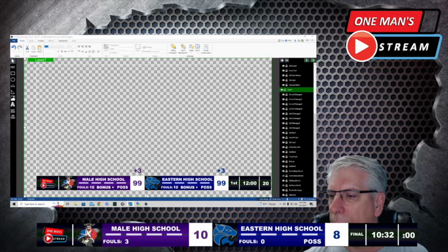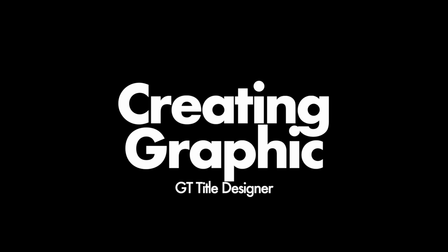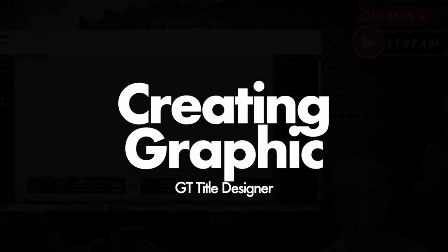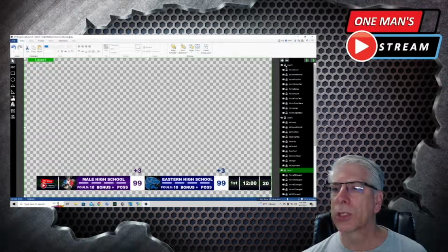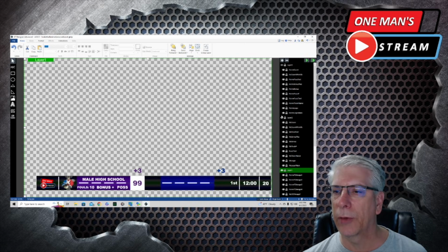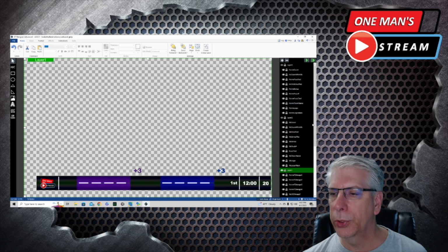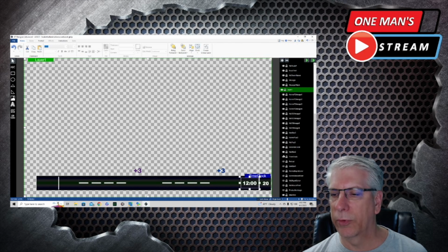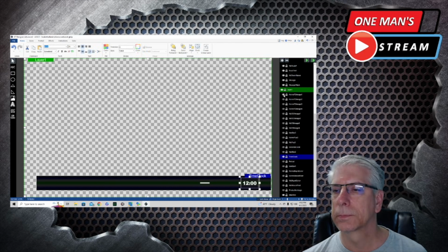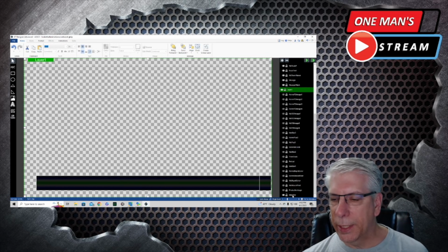So I'll go ahead and get rid of the bottom portion of it. That's not needed right now. I'll turn off a lot of this because we're not going to need it when we start out. So let's turn off layer 3, layer 2, and most of layer 1. Okay, so you can see the first thing that we did is we